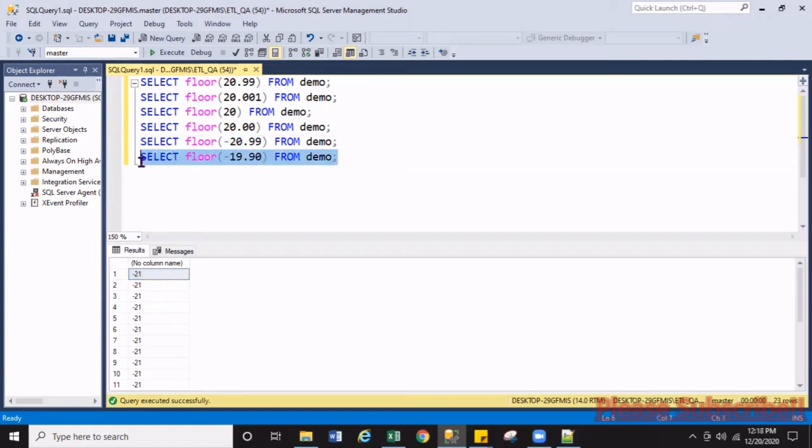Similarly here, it goes more, by the way. So if you see here, it becomes minus 21. So this is less than this, because that is the negative way. I hope you guys understand. A little bit confusing, but don't worry. When you do the practice, you will be learning.